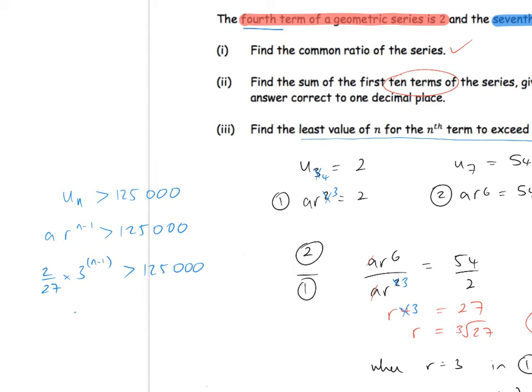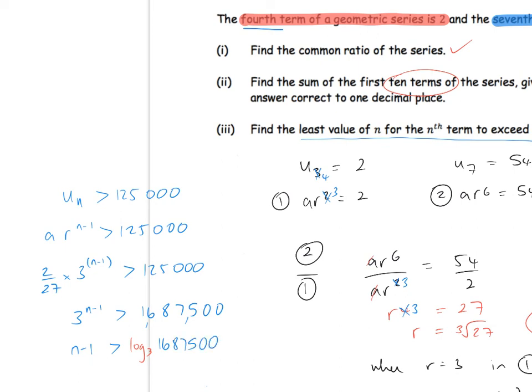First thing I'm going to do is take over that 2 over 27 to get 3 to the power of n minus 1, and then 125,000 divided by 2 over 27 comes to quite a nice number, actually. I wasn't expecting that. 168,750. So put commas in there, it's like 1 million odd. Okay, so now we're going to take the 3 over, and the way I like to take the 3 over is I'm going to take it over as log base 3, and then of that number,